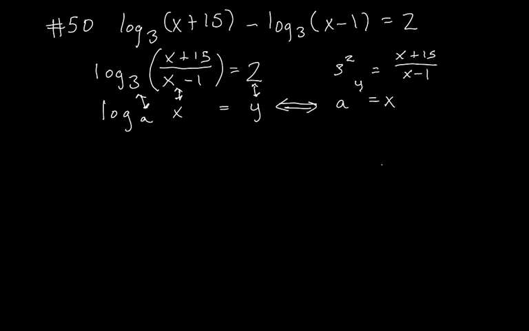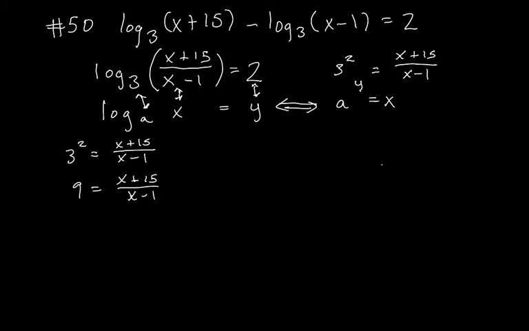So we can now rewrite that. We can say 3 squared equals x plus 15 over x minus 1, which we can rewrite as 9 equals x plus 15 over x minus 1,